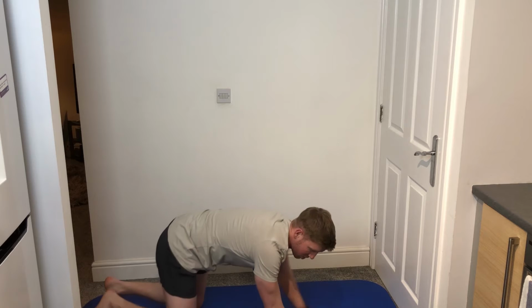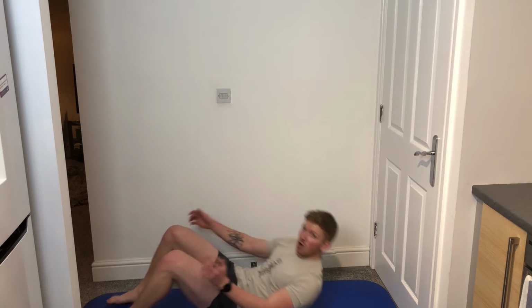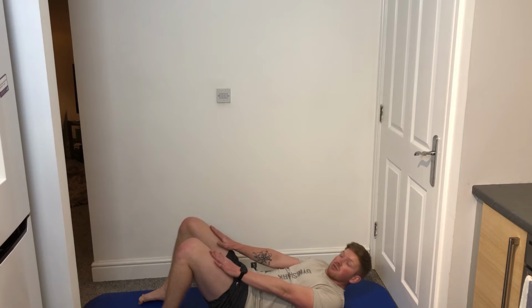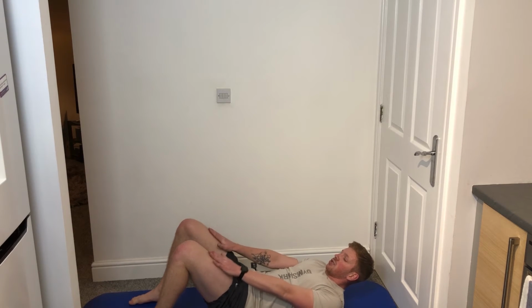Now we've got 2 more exercises. This is going to require us to do a bit of core work. So for this, we're going to do like a bit of a crunch. So you're going to lay on your back with your knees up, straighten your arms out and put your hands on your knees. And all I want you to do is I want you to keep your arms locked and